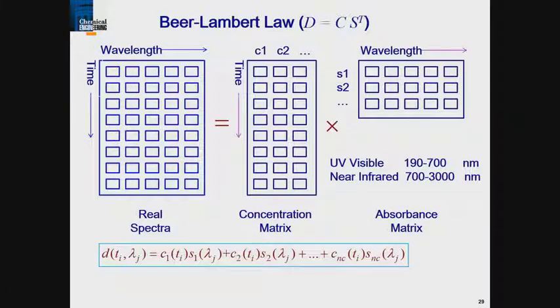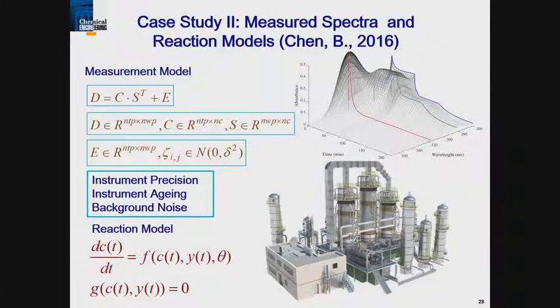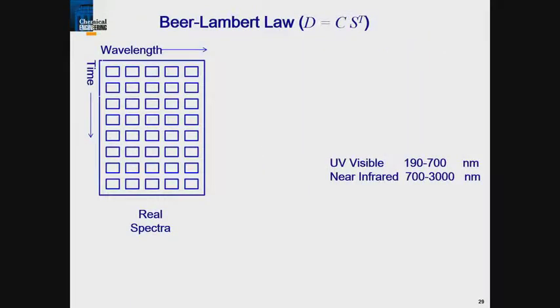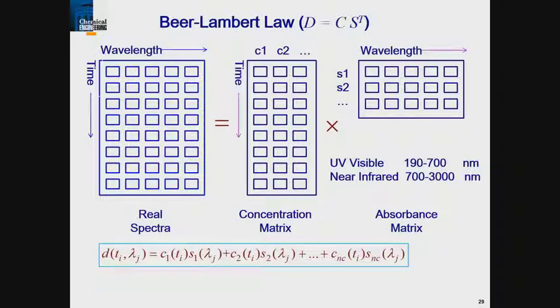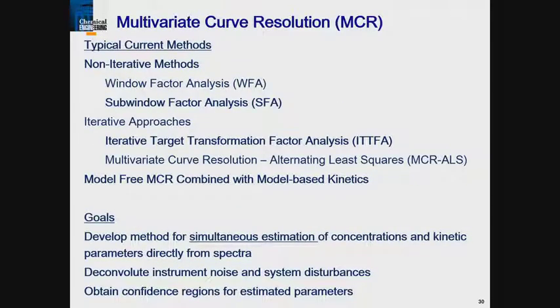But we also have another thing to worry about, because those concentration matrices go back into this bottom model here. So the concentration matrices coming up from here have to work in this model here, and we want to estimate parameters, just like in the previous case study, okay? So now the question is, can we do those two things simultaneously? What we want to do is basically extract the concentration matrix here and deconvolute it so that we get a simultaneous estimation of the concentrations and the kinetic parameters. Okay, this is a tough problem.